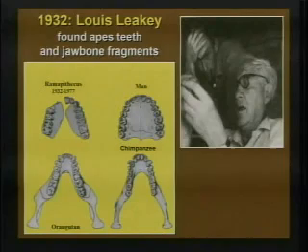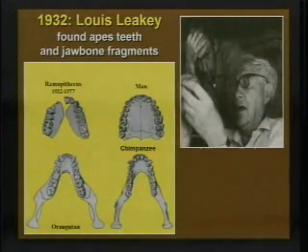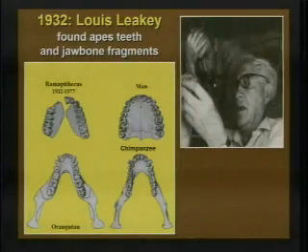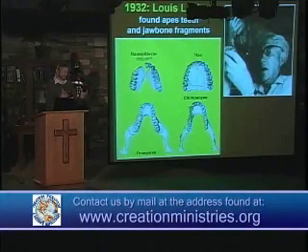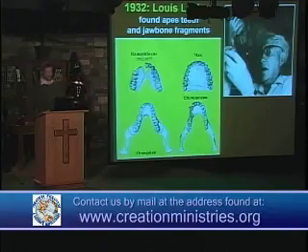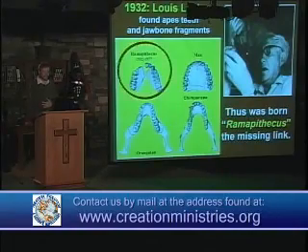In 1932, Louis Leakey, famous founder of the Leakey clan of fossil hominid finders, discovered a lower jawbone. It was crushed into about 40 pieces. It had all apes' teeth. But he reconstructed those 40 pieces into the shape of a human jawbone, and thus was born Ramapithecus, the missing link. Almost 100% accurate there, Russ. Just a little bit off. Because Ramapithecus was found by G. Edward Lewis, not Louis Leakey.